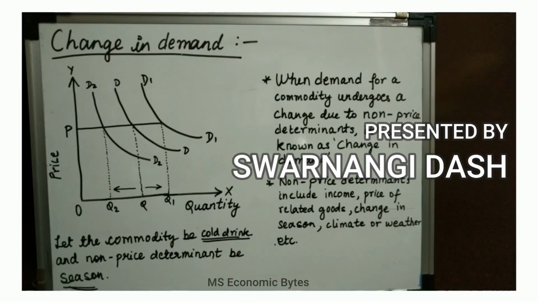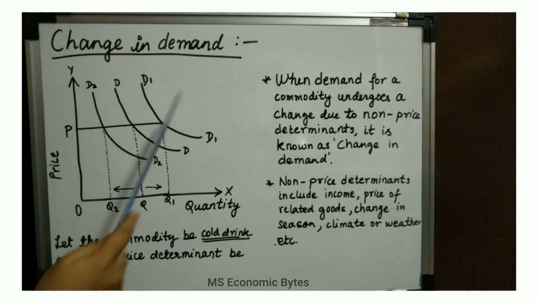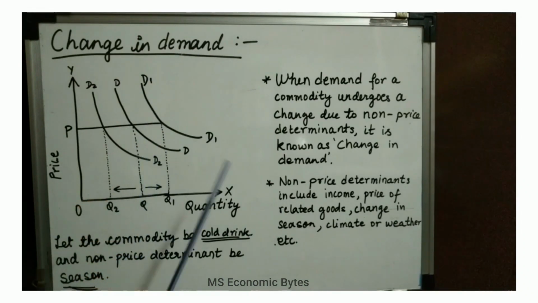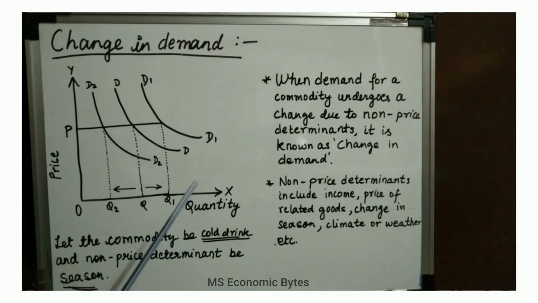Before we start our discussion regarding change in demand, let us first recall what is demand. Demand is basically the effective desire for a commodity. Effective desire means it is the willingness to pay and the ability to pay on the part of the consumer. Now there are various factors which influence the demand for a commodity. One of the main being price, but there are other non-price determinants as well which influence the demand for a